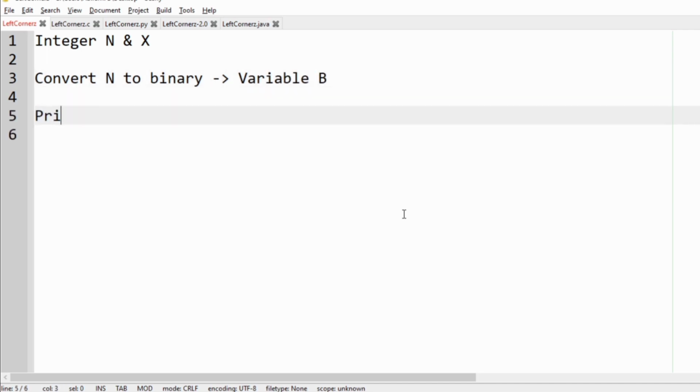It must print the count of suffixes in b whose decimal equivalent is divisible by